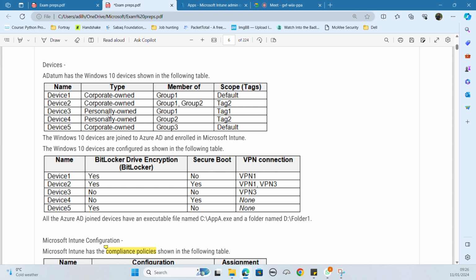You can even enroll devices which are registered to the domain, not joined to the domain, if you register your device with your organization, right? Like I explained to you last time,